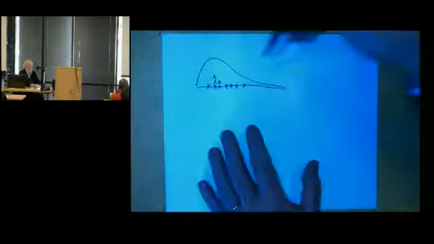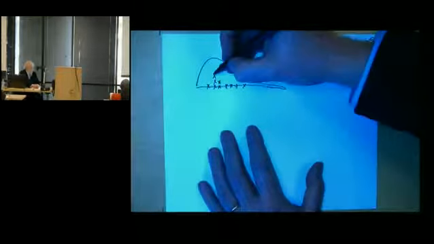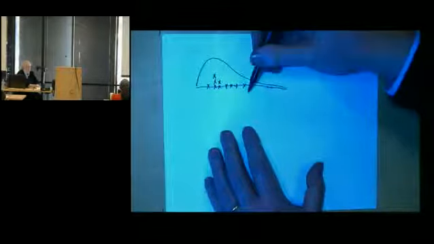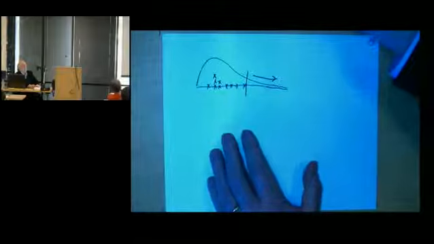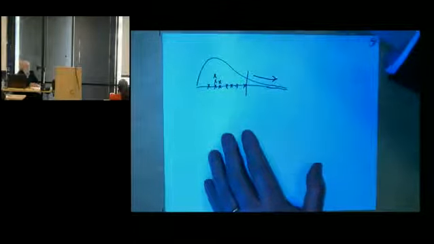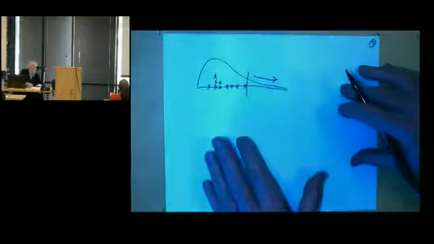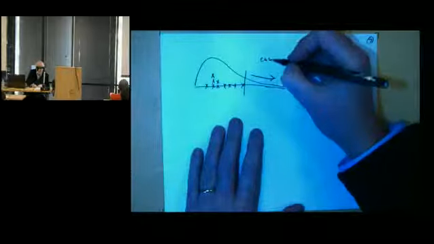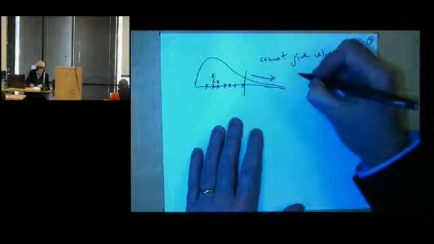So what is Efron doing? He's resampling from these points here. When he's creating a new data set for the bootstrap to be based on, can he ever get a point out here with his bootstrap technology? No, because he's only resampling from the data he's seen so far. And so the problem with the bootstrap in problems like this is that it cannot give values in the bootstrap samples